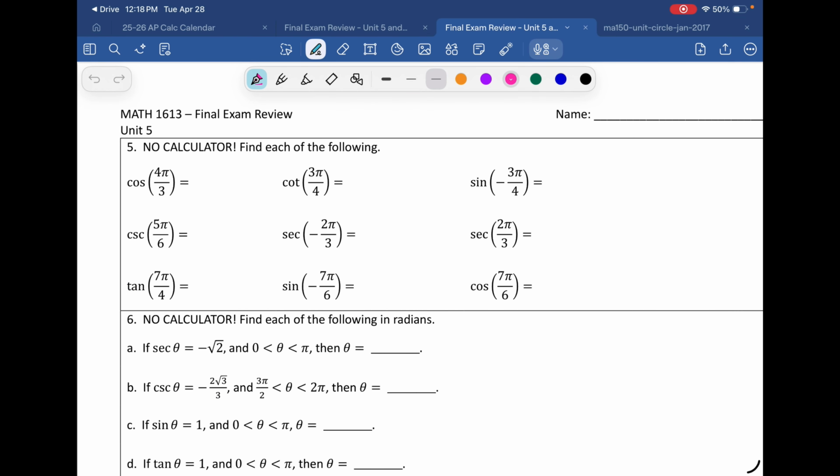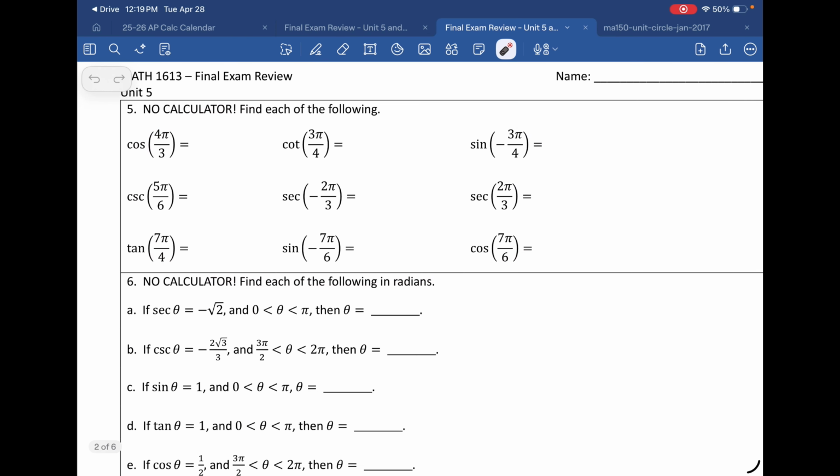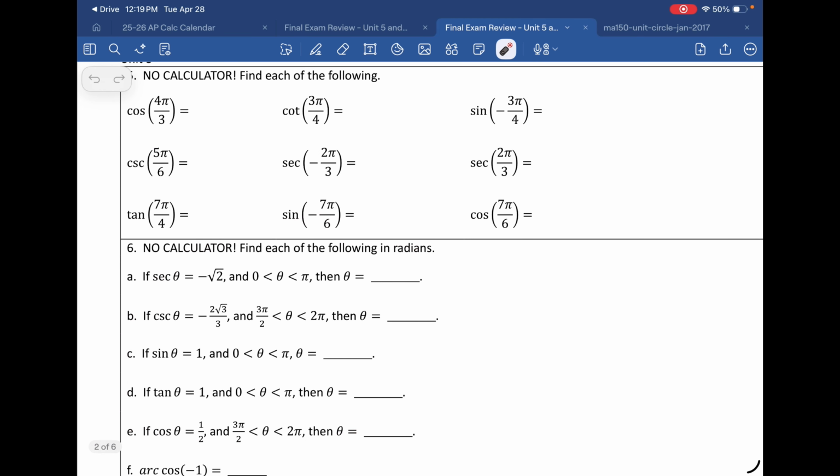All right, these were trig values. Okay, so you need your unit circle for these. All right, you need to know your unit circle. That's not something I'm necessarily going to give you on this final. You need to know your trig values. Okay. So,